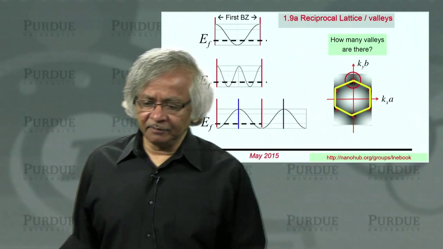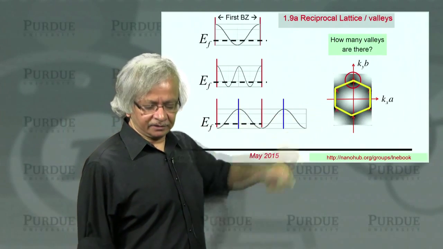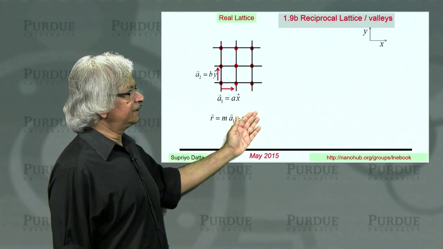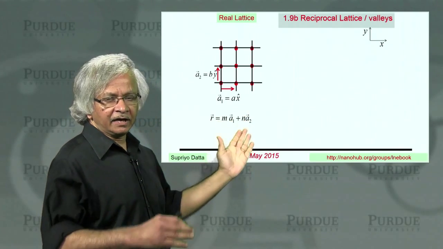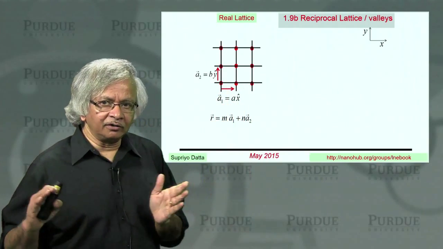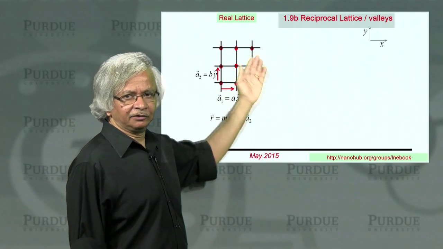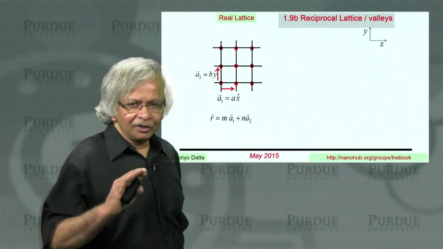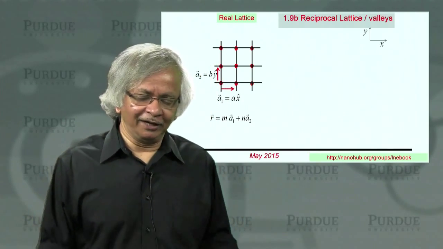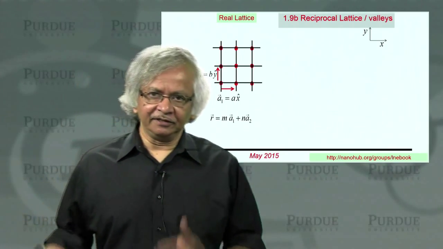Okay? So let me explain then how that Bravais zone is constructed. For that, you first start from the real lattice and construct the reciprocal lattice from it. But before we talk about graphene, let's see how you do it if you had a simple rectangular lattice. Because in this case, you don't really need the formal method, but we'll do it the formal way. That way, you'll have it for using it for graphene later.